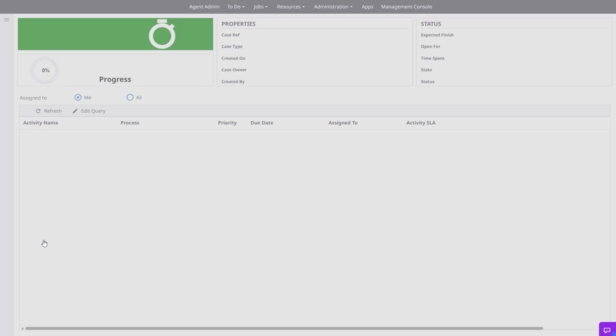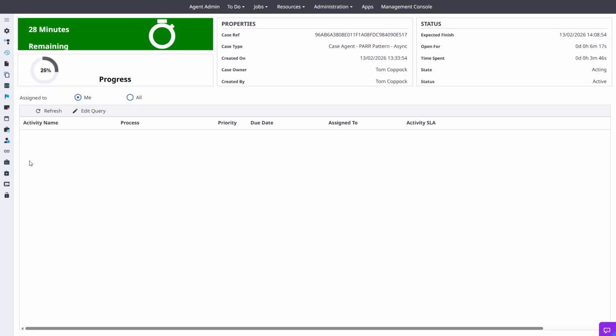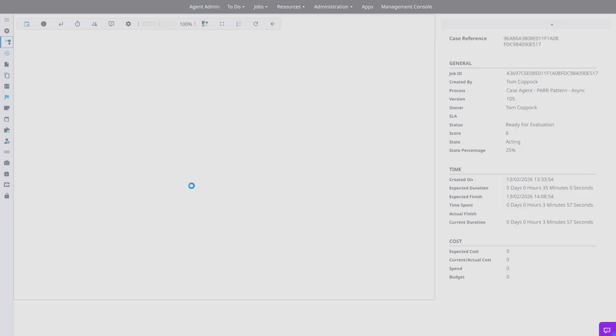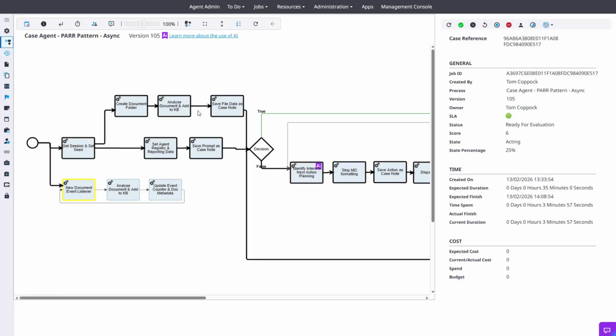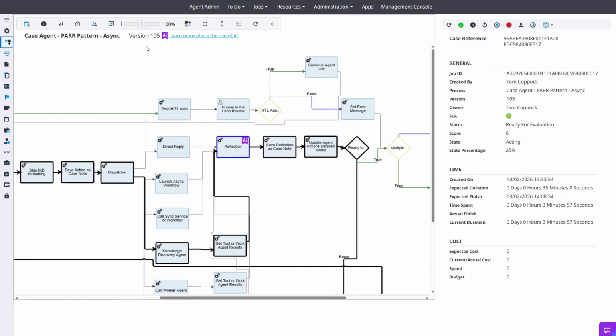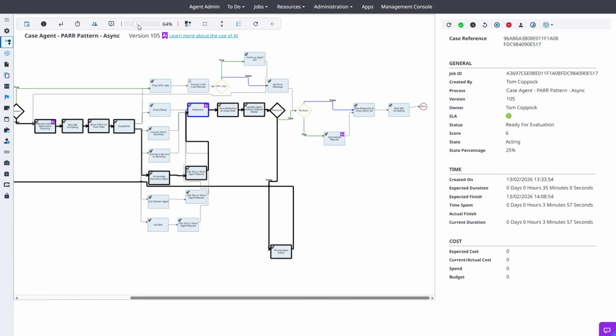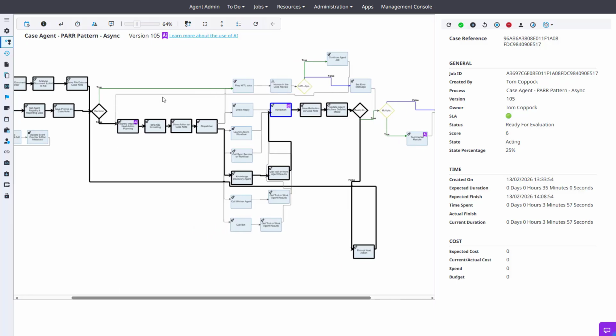Now if I come in to look at my agent, I can actually see every step that the agent's taken. So I can see that it's processed the documents, I can see that it's set up the original prompt, and I can see already, I'll zoom out a little bit, that it's been through a couple of rounds of the planning, implementation, the planning cycle. So it's currently looking stuff up in its knowledge discovery